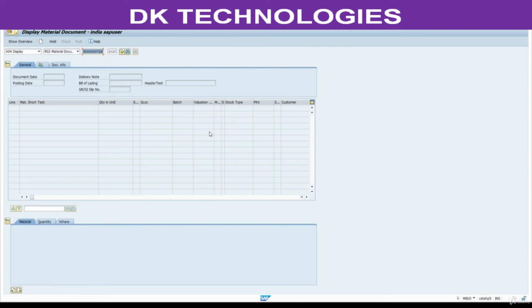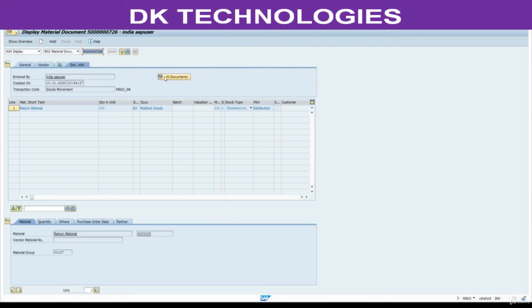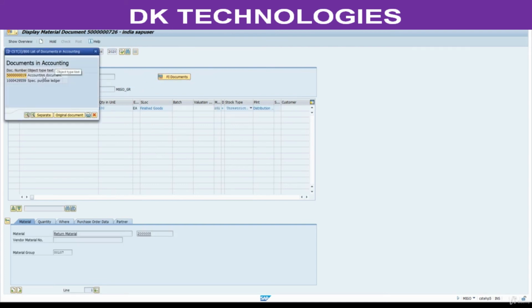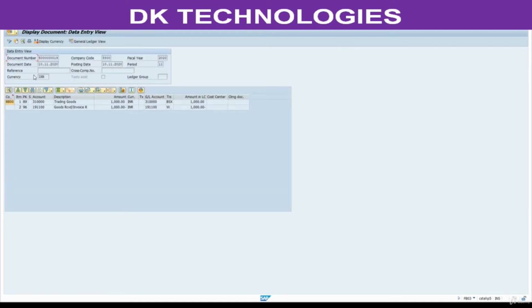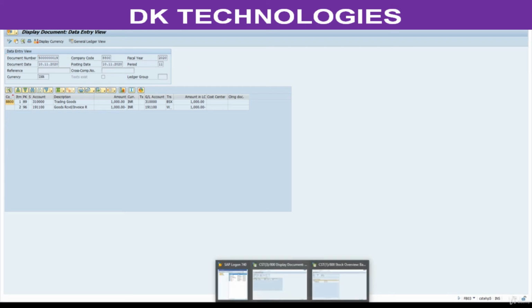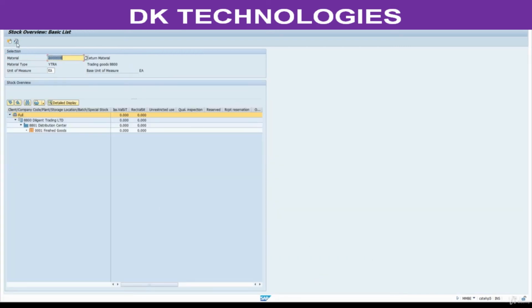Go to display. Press enter. This is the document posted. Trading goods to GRIR. Now go and check the stock. Refresh this. See, here we have 100 quantity.